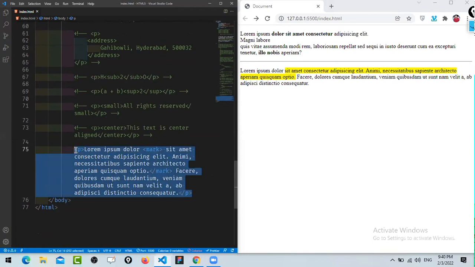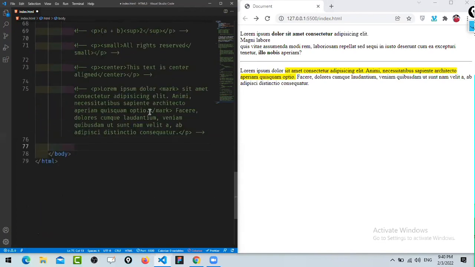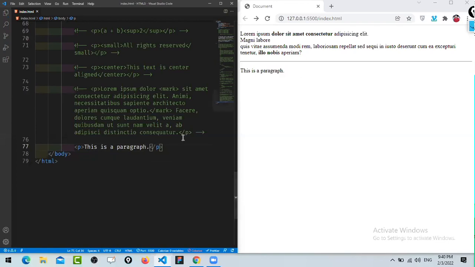Now the last tag in text formatting tags that we have is the paragraph. This is a paragraph. Simply I'm writing this. So here now we are going to learn about the BDO tag,